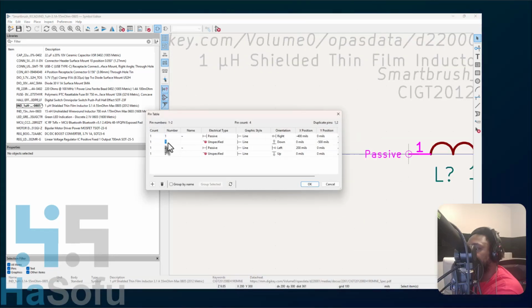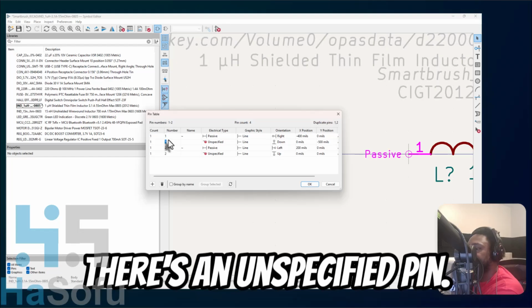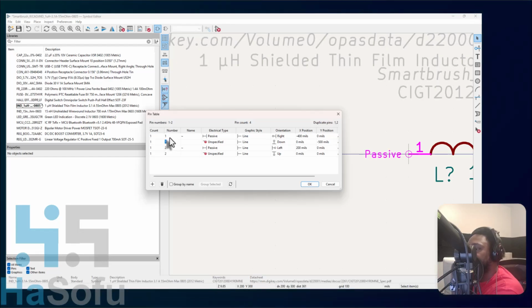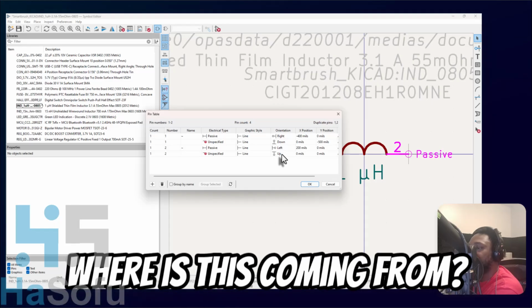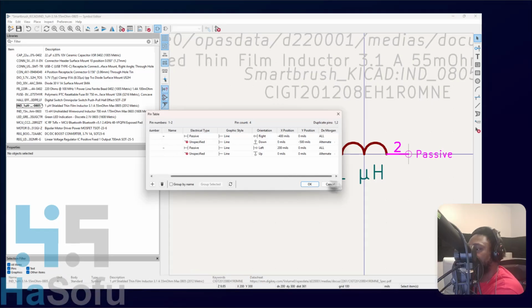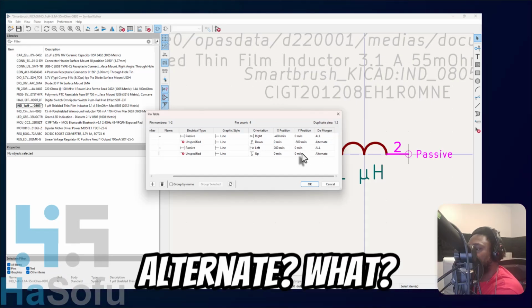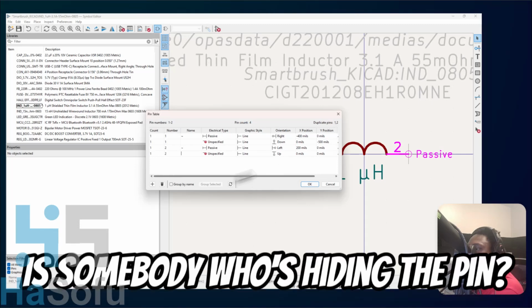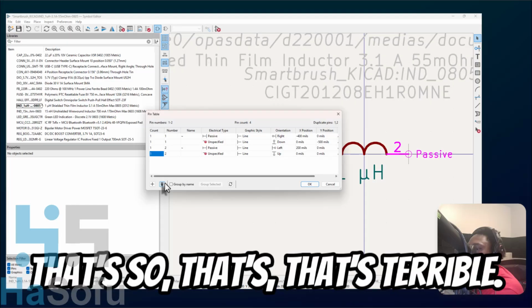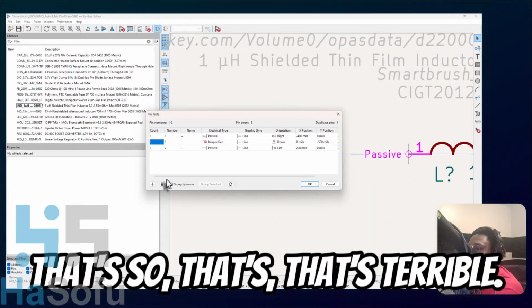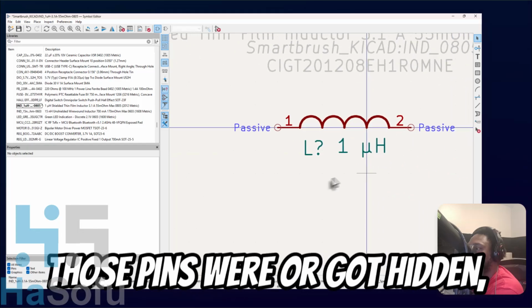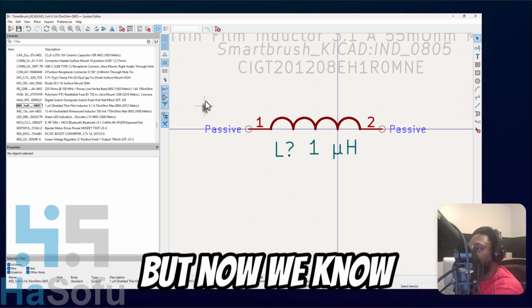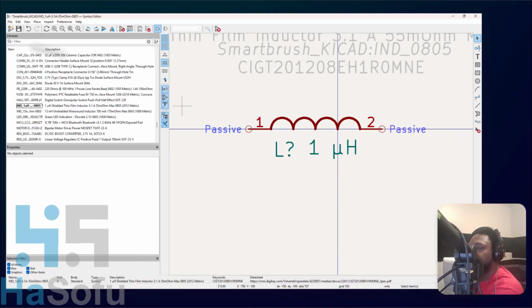There's an unspecified pin. And there's an orientation up. Where is this coming from? Alternate? What? Is somebody, wait, who's hiding the pin? That's terrible. Like, that's dumb. All right, I don't know where those pins were or got hidden, but now we know